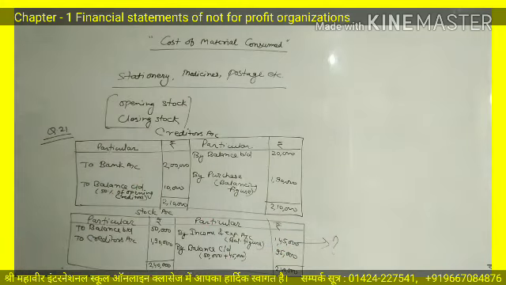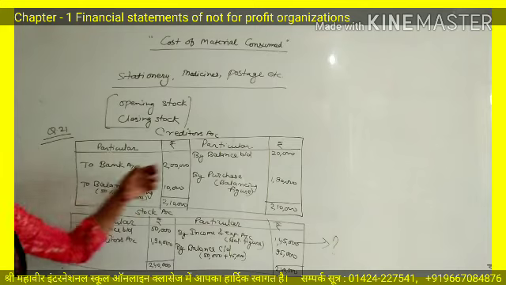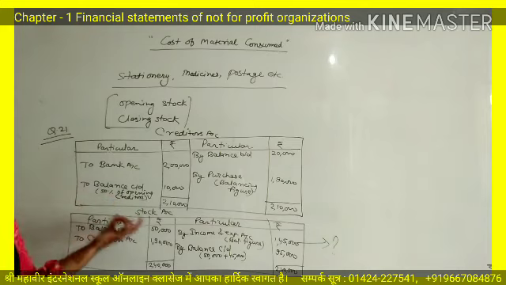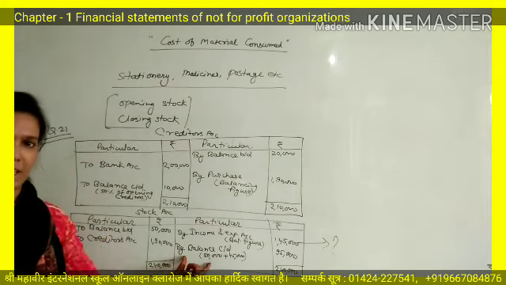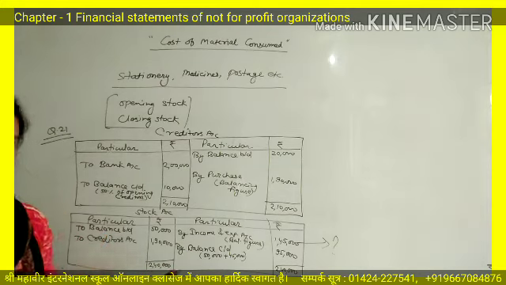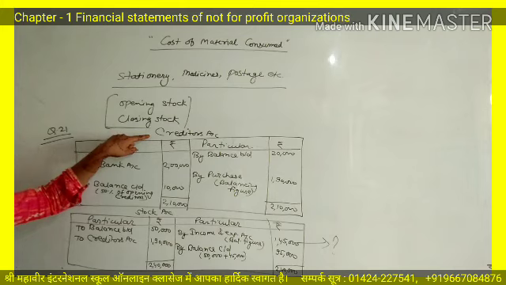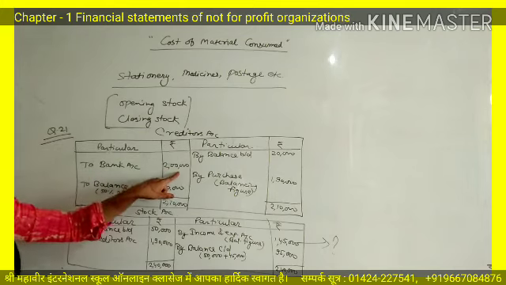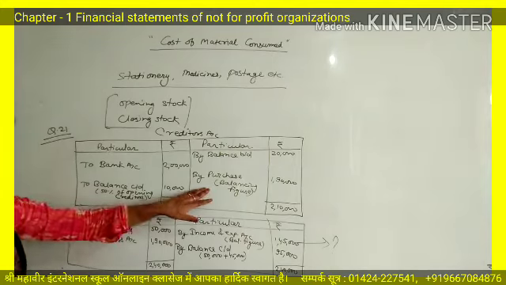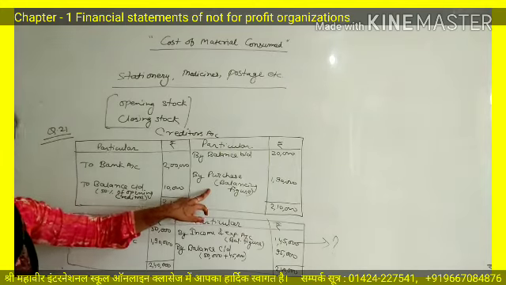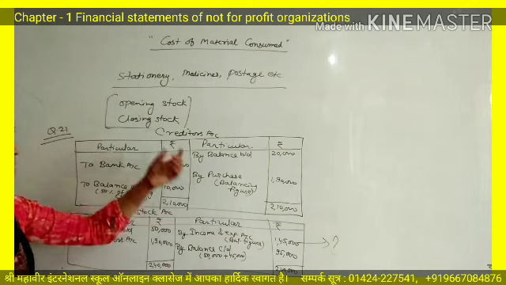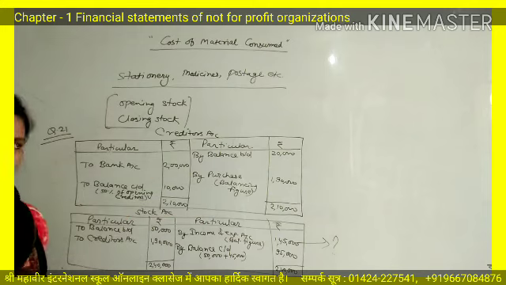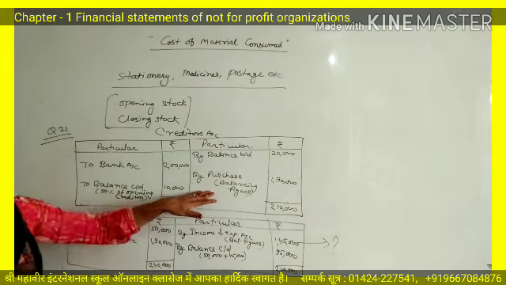Again, I am explaining the concept behind these two accounts, that first of all prepare creditors account and the second one is stock account. In creditors account, by balance BD, to balance CD. In the stock account, to balance BD, by balance CD. These four amounts will be fixed in every account. After this, if you are paying any amount to the creditors during the year, that will be written in the debit side to bank account. And balancing figure, you will find purchase. This purchase will ever be credit purchase because creditors are here. Cash purchase will not be shown in this account.